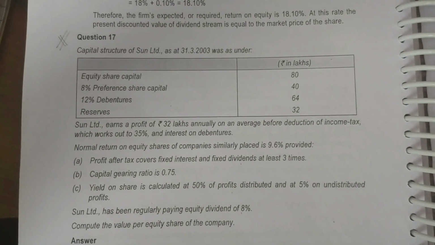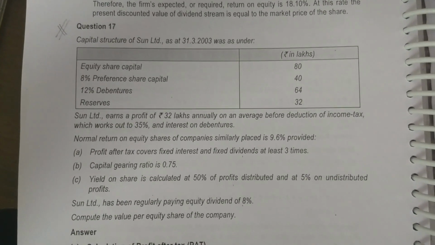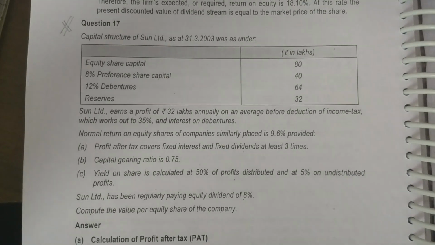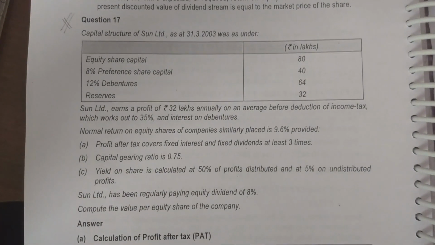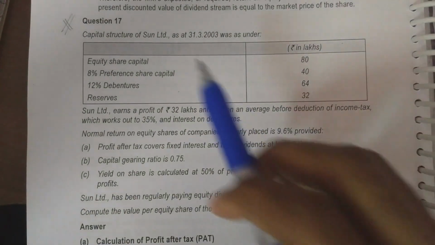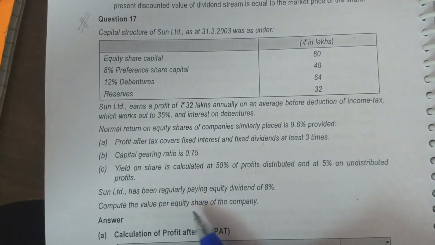This is the security valuation chapter in CA Final SFM new syllabus, test your knowledge question 7, or in the old syllabus SFM, which is question 17 or maybe question 16. It differs with the edition. In the old edition it is question 17. In the new edition of old syllabus it is question 16. Anyways, it is the capital structure of SUN Limited, where we have to find the value per equity share of